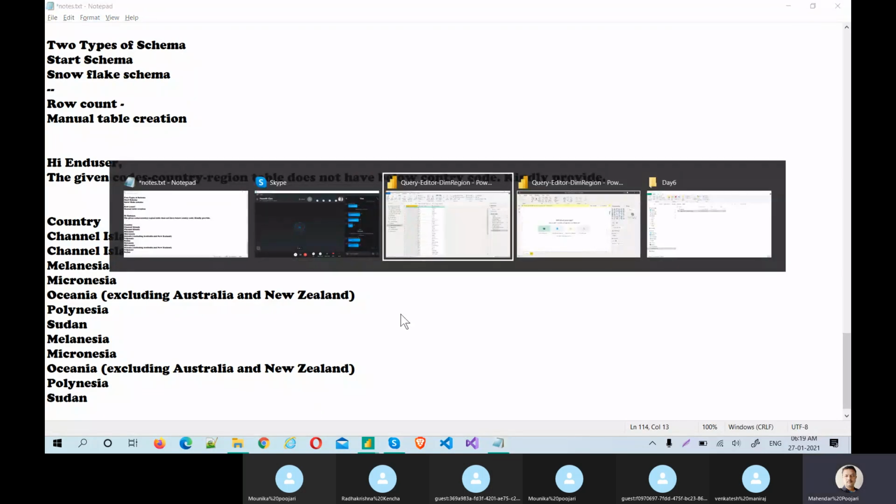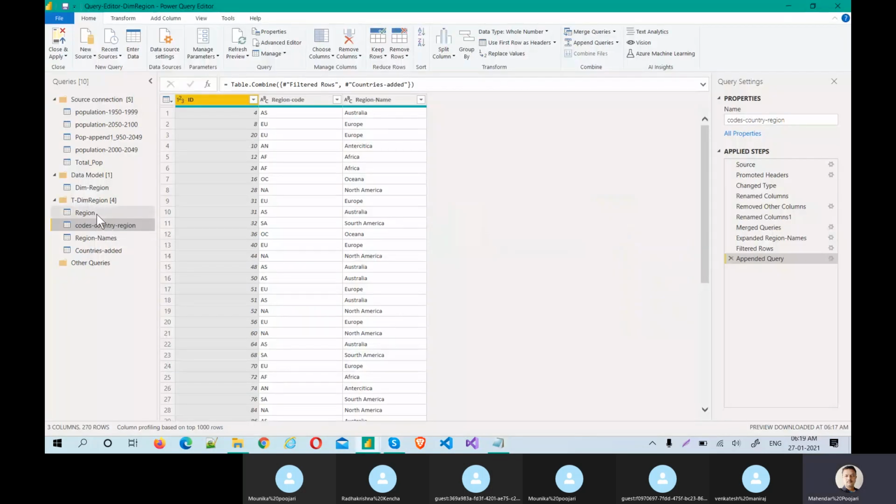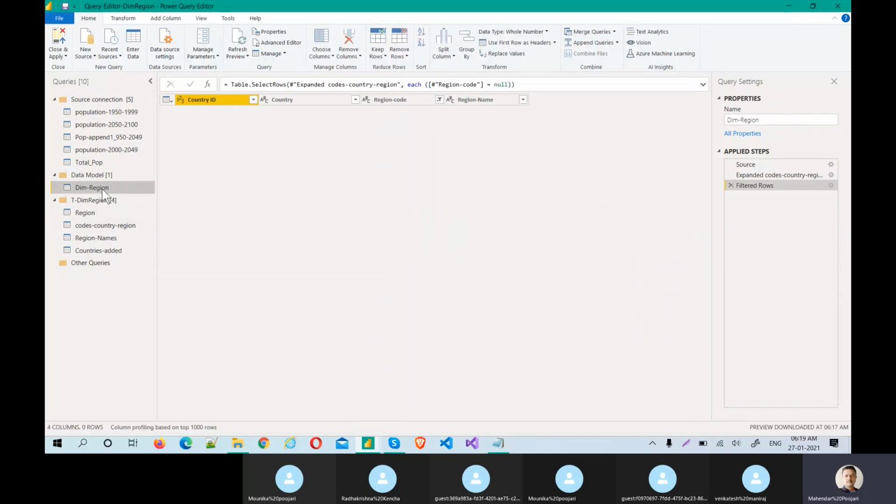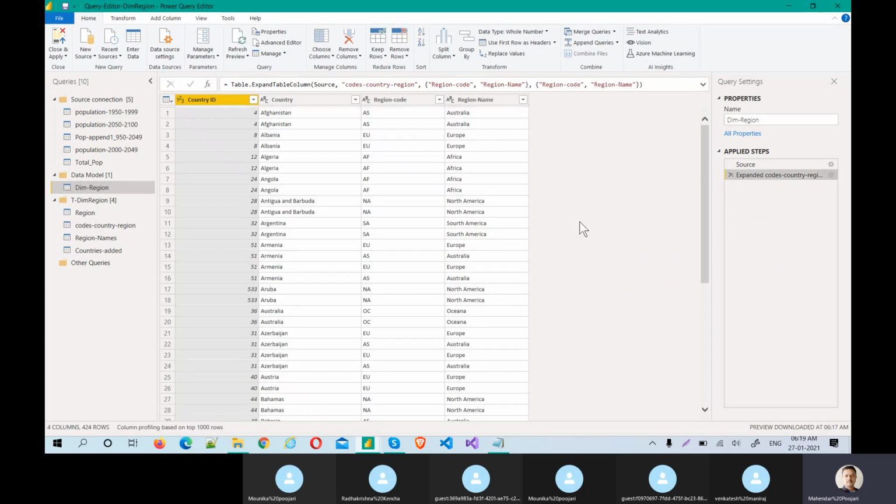Okay, so guys, now we are here, and now if I go here, I don't have anything. Why? Because I filtered null values. Now I don't have any null values. Let's remove this step. Now this data is perfectly fine. Now we achieved dim region as a perfect table without any data quality issues. Now our next goal is to create the dim age group table.